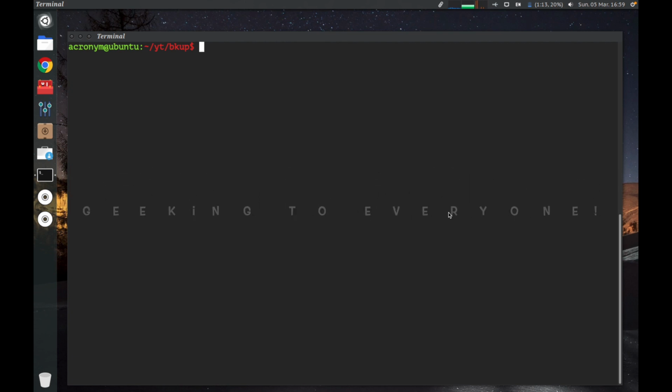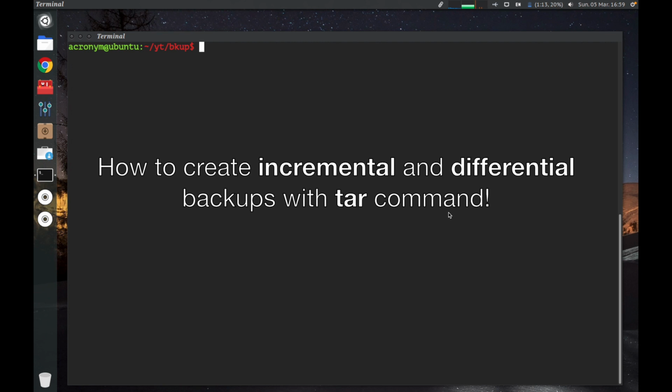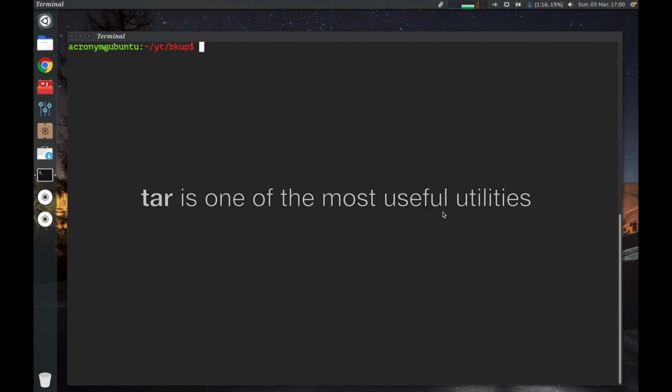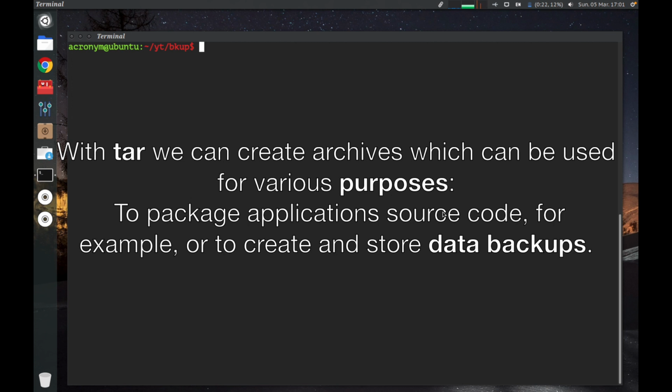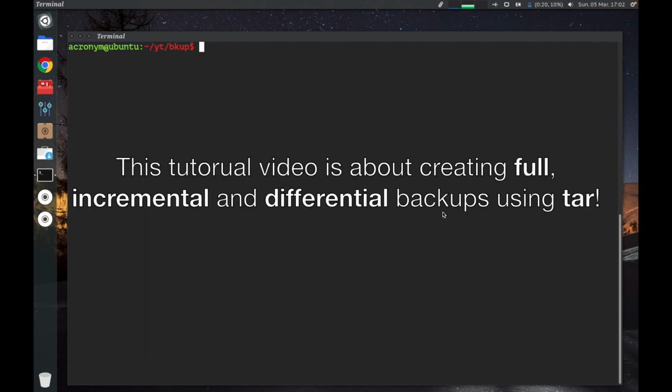In this video I'm going to tell you how to create incremental and differential backups with tar. Tar is one of the most useful utilities in Linux. With tar we can create archives which can be used for various purposes, to package application source code, for example, or to create and store data backups. In this tutorial video we focus on creating backups and we see how to create full, incremental and differential backups